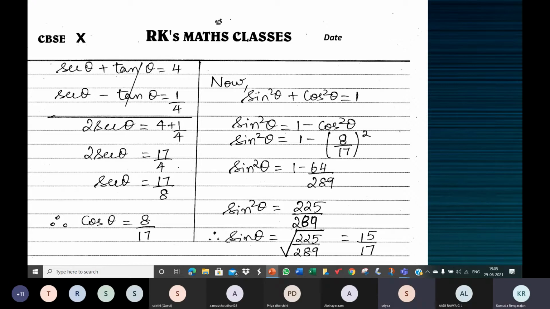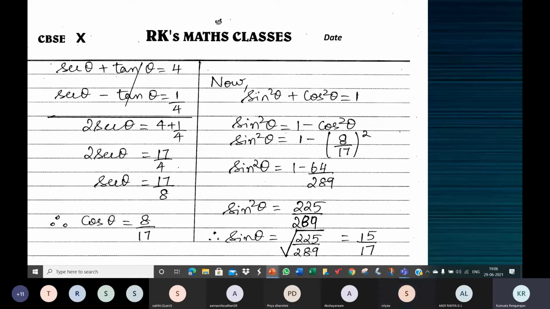Then tan theta is equal to sin theta by cos theta. Yes, you can do that also. Yesterday, I think we were asked to find secant theta, tan theta, and sin theta. Yes, but it's not that some should be worked like that and this should be worked like this. You're perfectly right. You can also do that here.